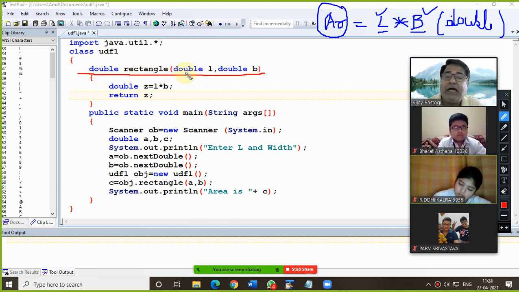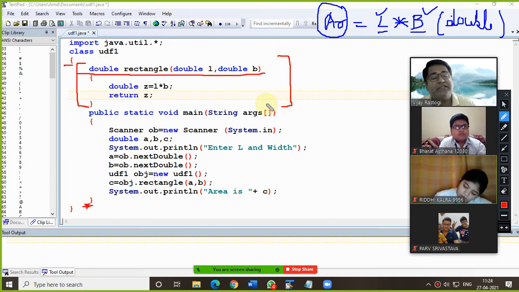See, whenever you are getting a question, the solution totally depends on the question. So now the function prototype. First of all, after writing the class name, we are supposed to write the function over here. Basically, this function we can write after the main method also, but usually we write the function before we start the main method. That is why we are writing the method in this part. And this part is known as the global area. Whatever you declare here is in the global area, and to execute those things, we are supposed to create an object for accessing them.